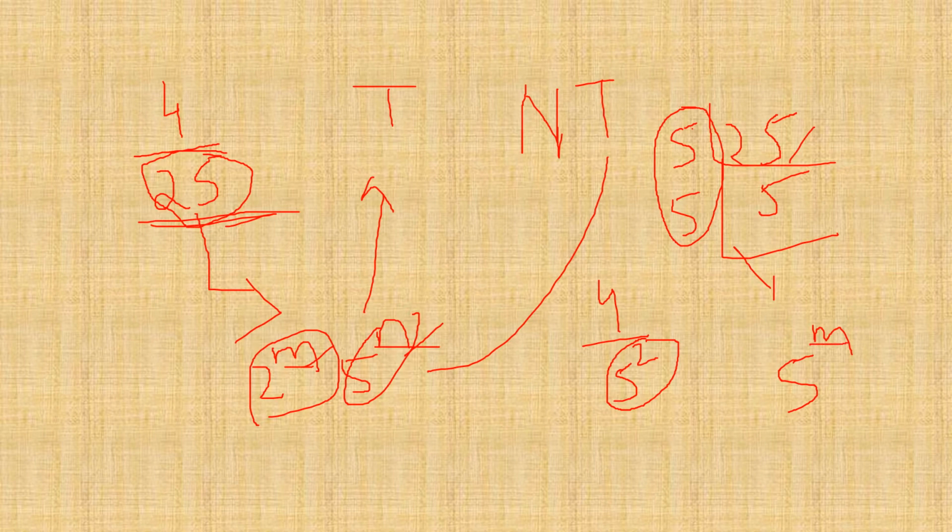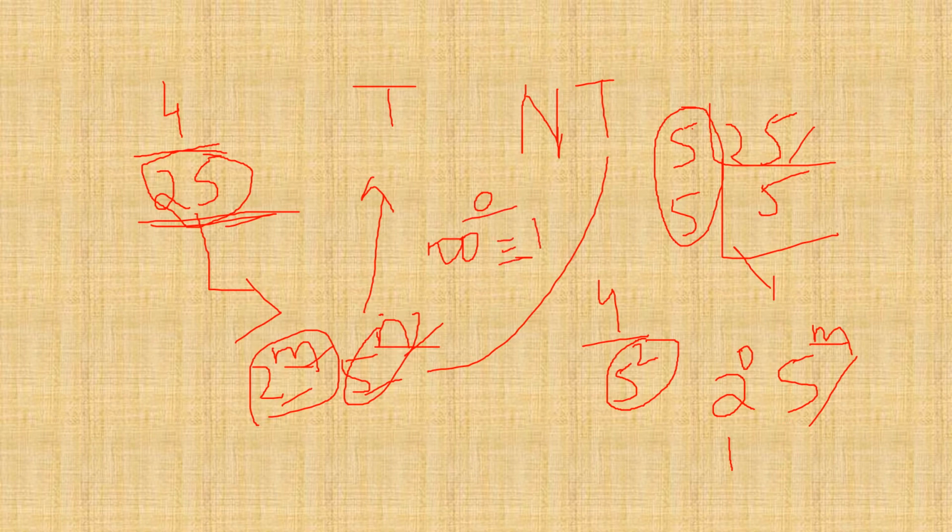But in the formula I gave 2 power m into 5 power n, but we have only this 5 power m, right? Then what about 2? See here, if I write 2 power 0, what is 2 power 0? It is 1. Any number power 0, even if you take 100, 100 power 0 is also 1 only. Any number with power 0 equates to 1 only. Its value is 1 only.